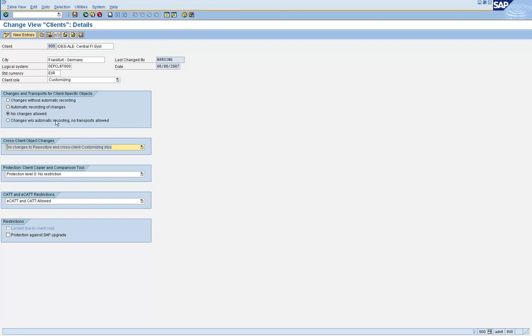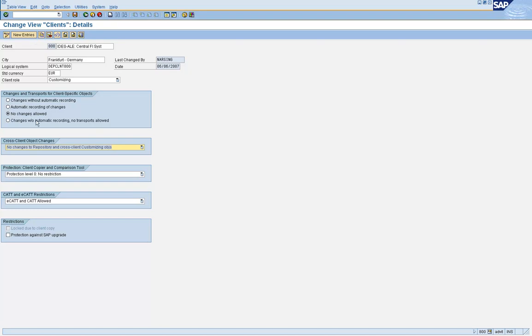The system will not allow you to do any kind of customizing activity, or any modifications to programs or tables. So anybody who has access to SCC4 in the production system can go and change the settings,